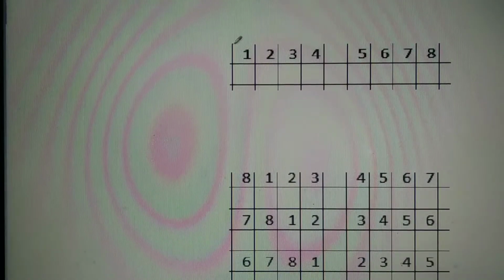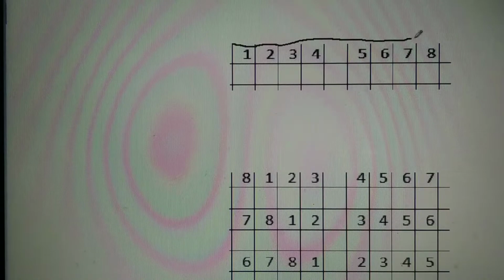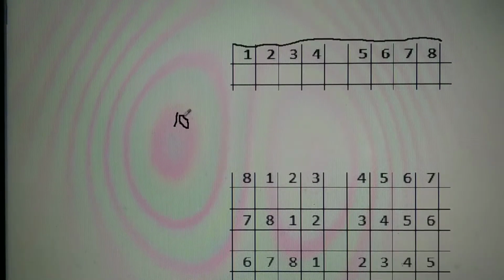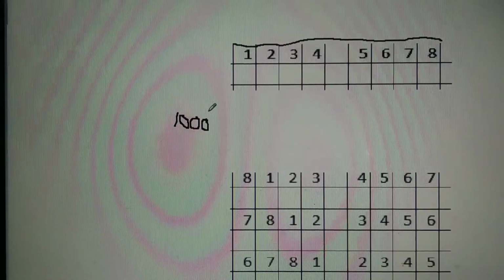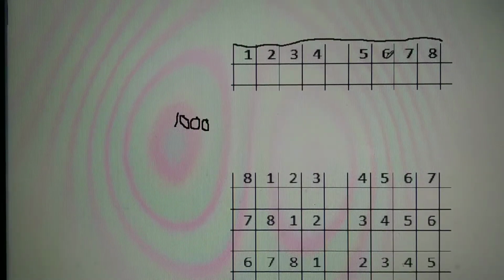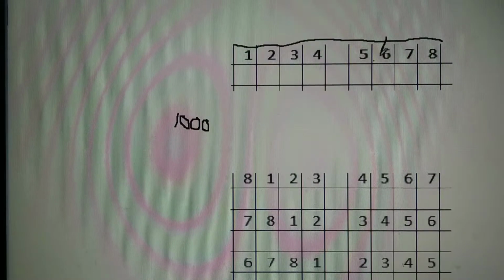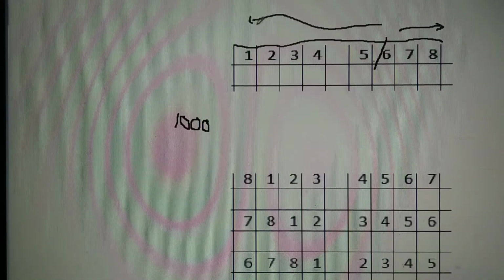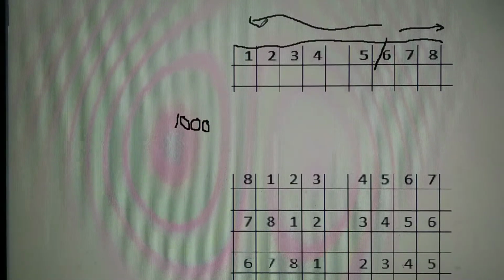Suppose here is a number in decimal form put into 8 boxes. In each box one digit is there, and you have to divide this number by 1000. What do we have to do? We have to shift 3 decimal places towards the left. Whatever part is on the right-hand side represents the remainder, and whatever part is on the left-hand side represents the quotient.